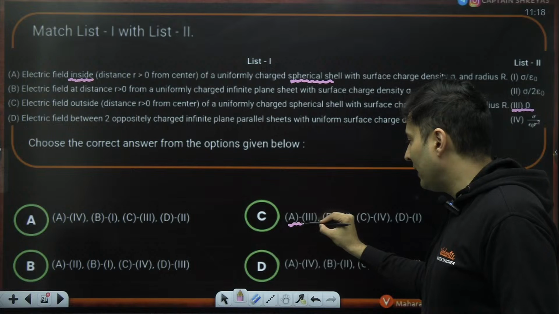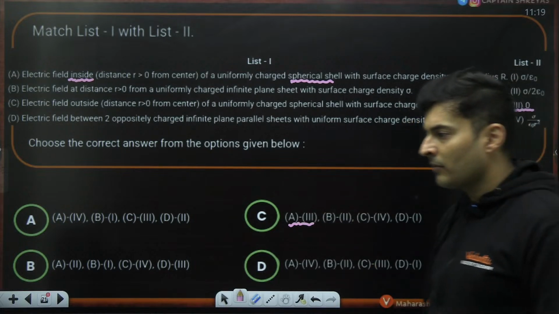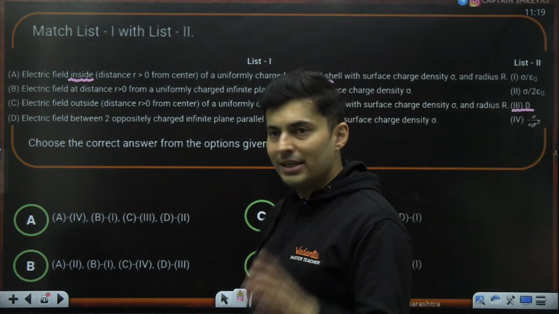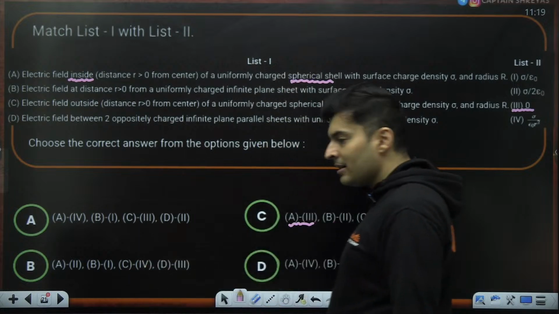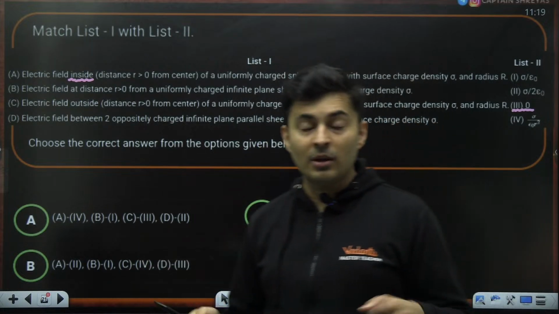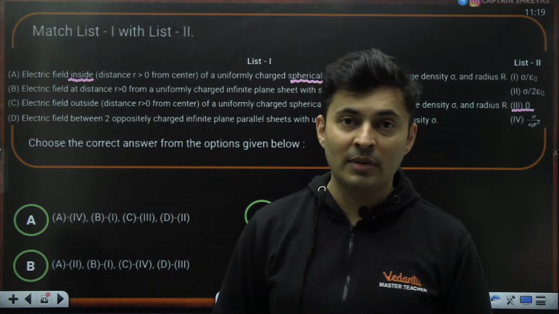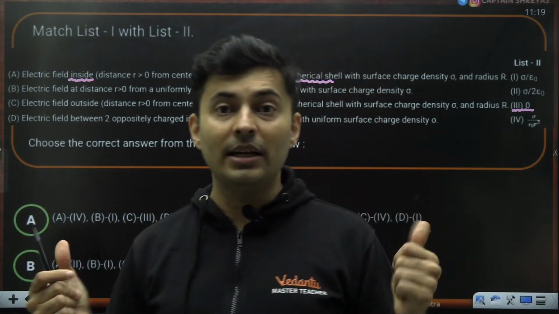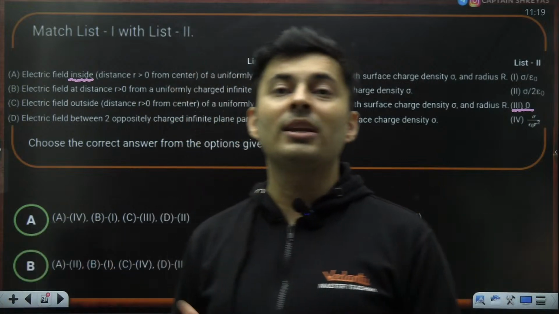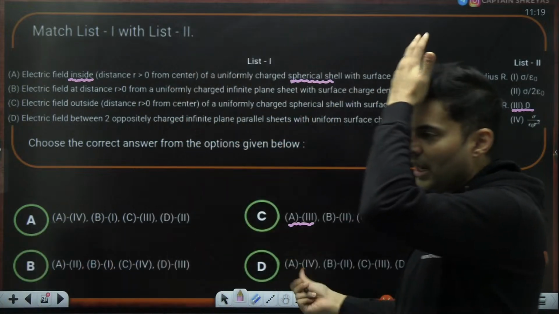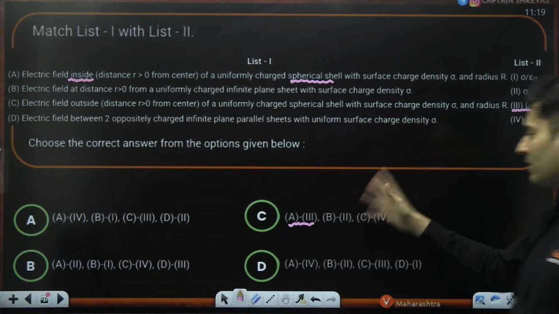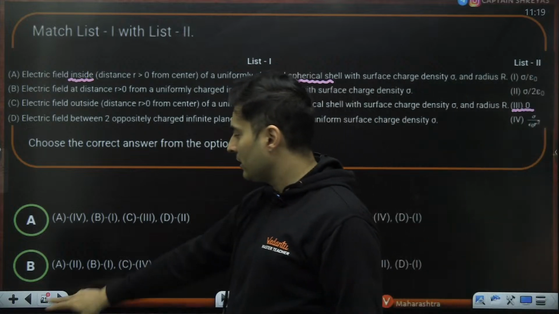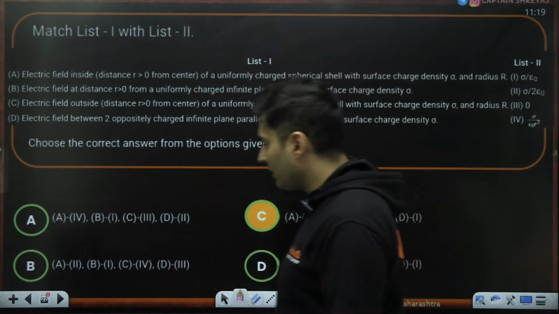Guys, there is only one option. Will you waste your time in the exam to check A, B, and D? Do you have so much of time? If you have so much of time, please pass it on to somebody else. I mean, really, nobody has so much time. You have to complete the paper. Completing the paper only itself is a challenge. Okay. So, my dear students, the answer will be C. Yep, you don't even have to check the others. Yes, it is C.